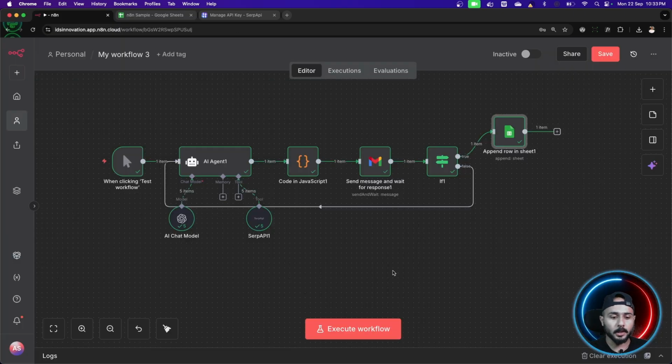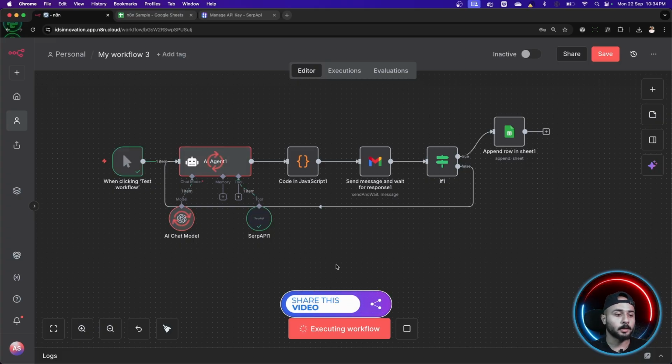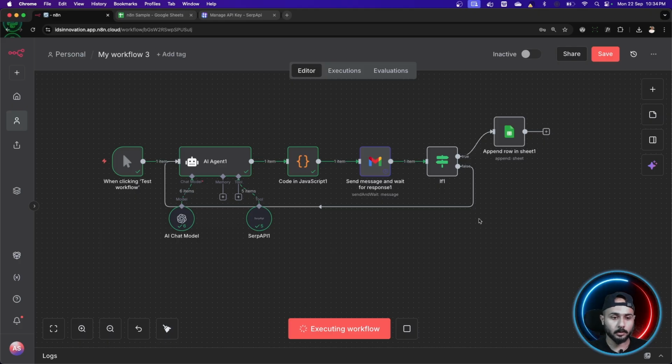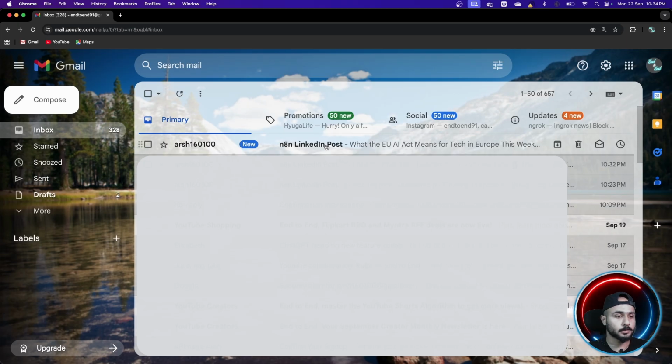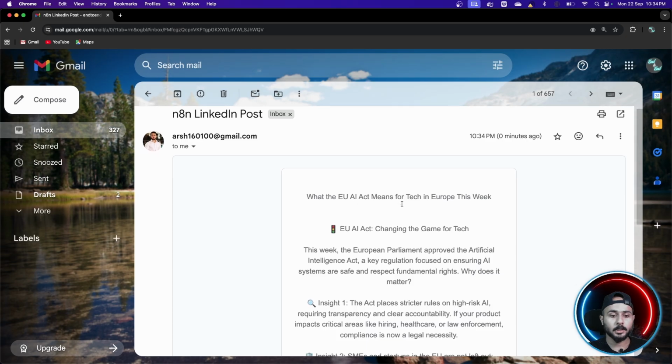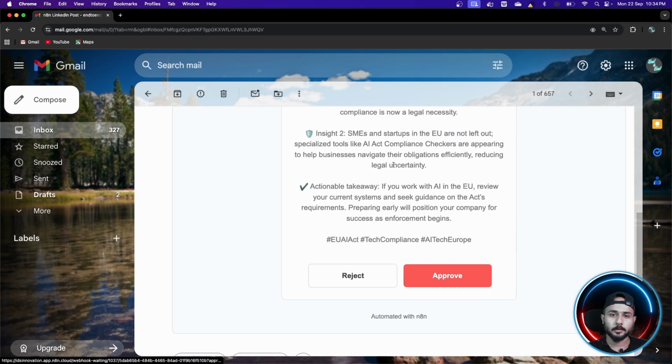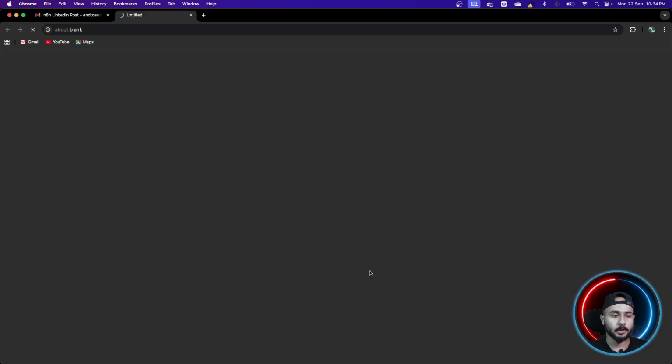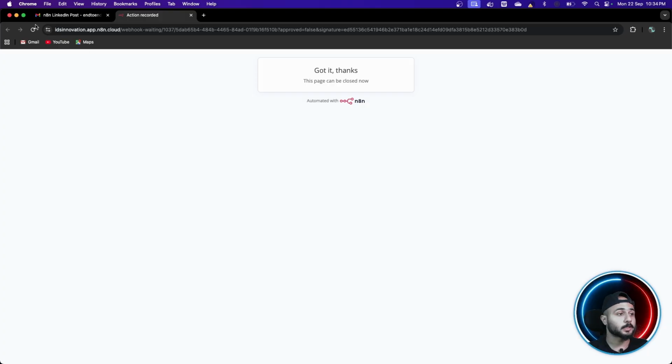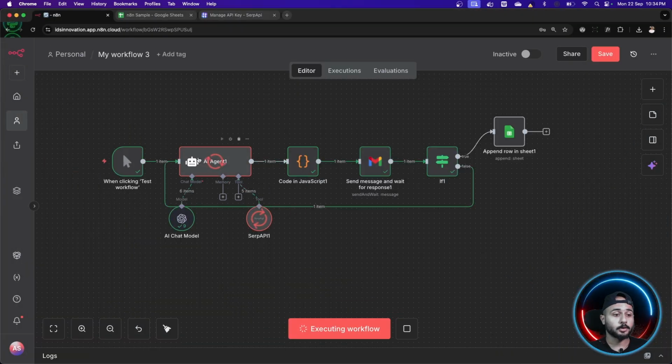And let's just try it once again, and this time I'm gonna fail this process. Okay, so let's just do it once again. I've executed this workflow, and it'll obviously take some time here in the AI part, but eventually, once done here, all right. So we are ahead with the code node and now on the approval. I've got this to my email, which I've already attached, and this is what I've got. Let's just reject this once, right? So this time I have rejected it, and what I expect to happen is that the AI agent should run again. That's what is happening here, right?